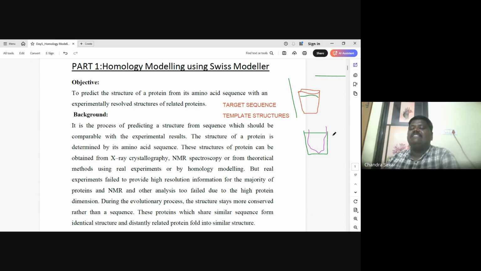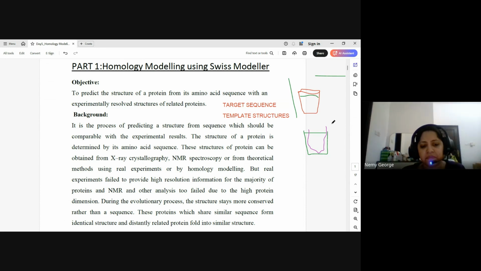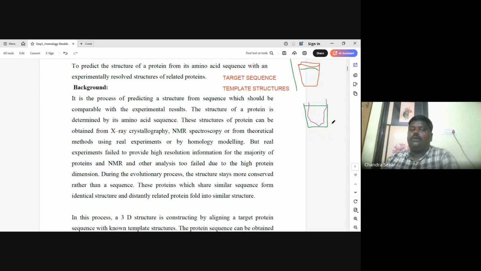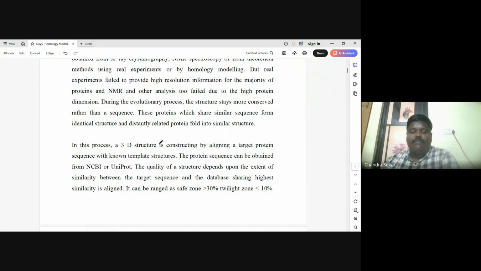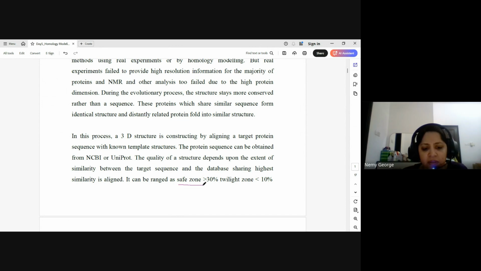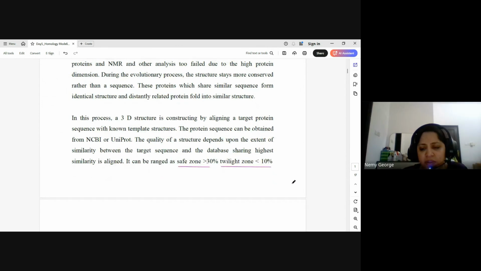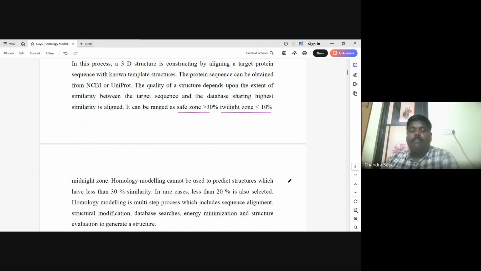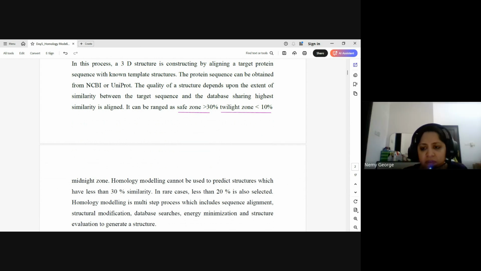Classically, we have to check the identity. Before this Swiss Model workspace came into an active state, we had to go step by step. We have to use multiple tools. One of the important tools is called Blast. Have you heard of Blast? What is Blast? We get sequences from that. Yes, it is called Basic Local Alignment Search Tool. It's a search engine.